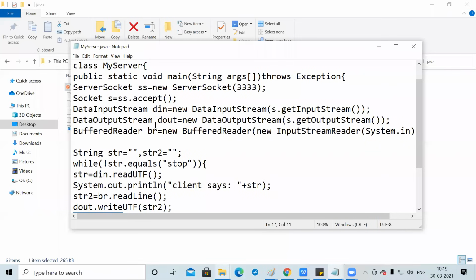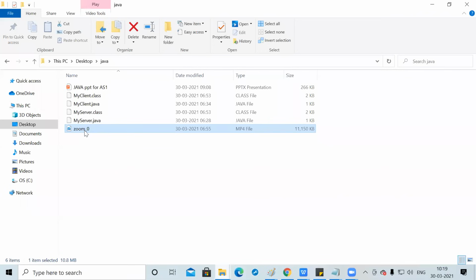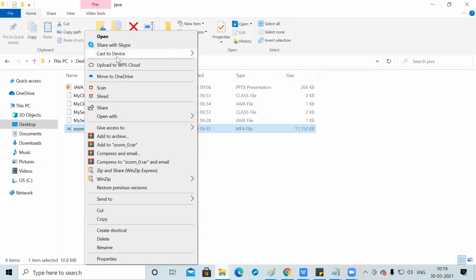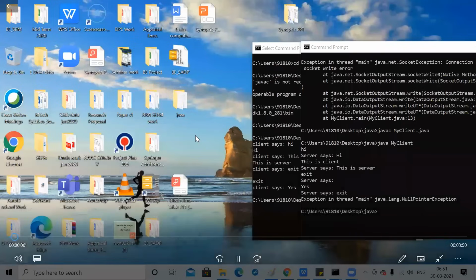So can I run both the codes and show the output to you? Yes, sir. For this, I've already done it. I will show you. Can you see the screen?